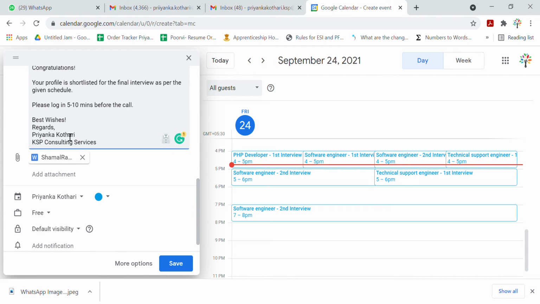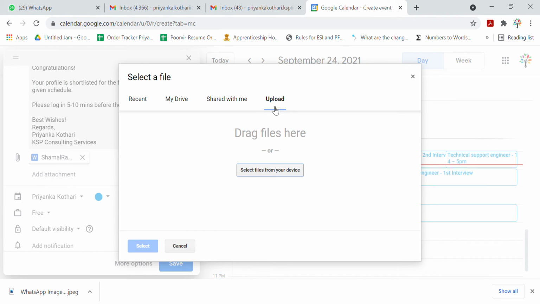And then your name, company name, and then you click on attachment. At the end, you have the add attachment option. Select the resume. How do you select the resume? Simple. When you click on attachment, you have to click on upload. Either you can drag and drop the file here, or you click on select file, select the CV, open, and then click on it. Once you upload the file here, you will have an option called upload instead of select. For example, I'll show you.